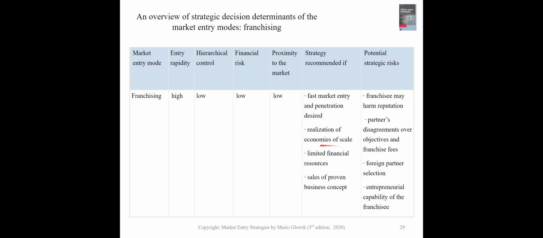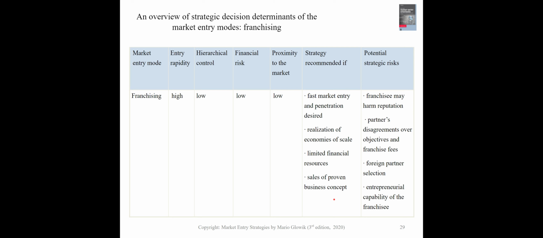It limits the financial risk, or is recommended if the franchisor has limited financial resources. The difference between franchising and licensing is that in case of franchising, the franchisor sells a proven business concept, not just the trademark or technological knowledge. As in case of licensing, it's an entire proven sales concept,